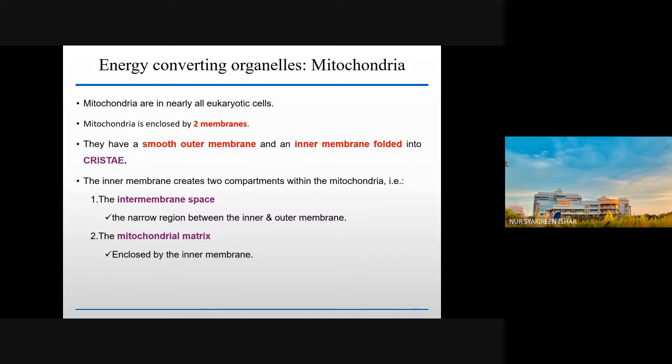We are going to look at the next organelles, which are mitochondria and chloroplasts. As you know, these two organelles are involved in converting one form of energy into another form. For example, the chloroplast converts light energy into chemical energy, which is ATP. And then the mitochondria use glucose